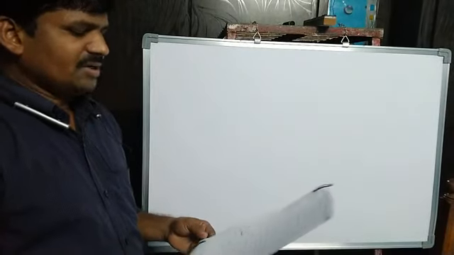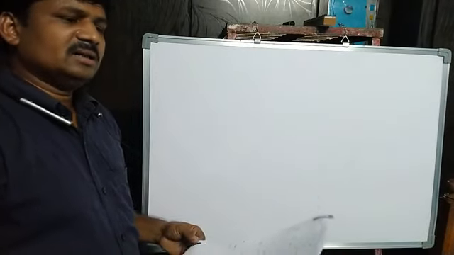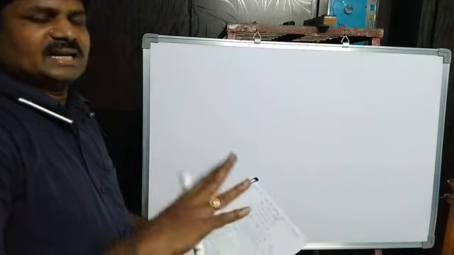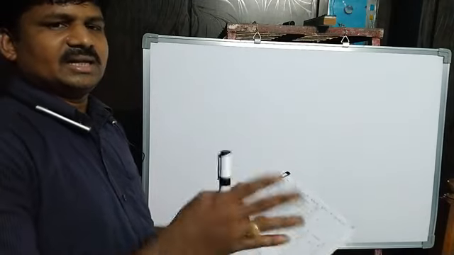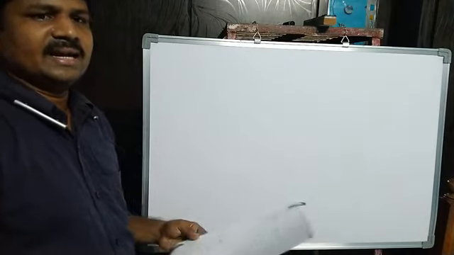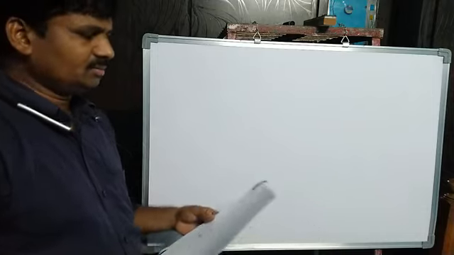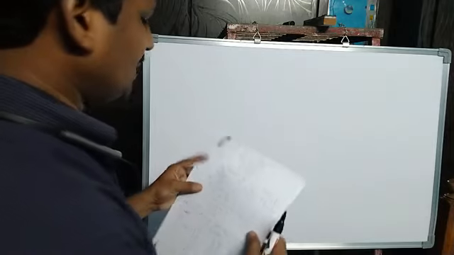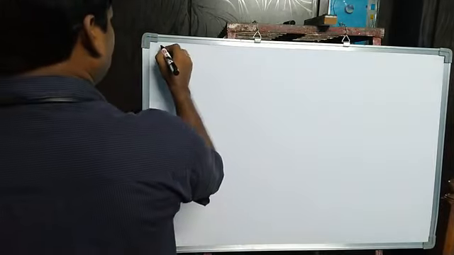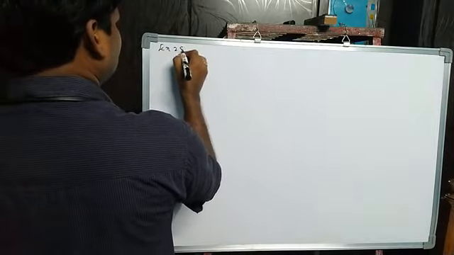So I will explain some of these questions, and some questions on consistent and inconsistent, and how to check whether a system is consistent or inconsistent. The remaining questions you have to solve. These are very important. Let's see what is given here. Example 28. Listen carefully. Very easy question.